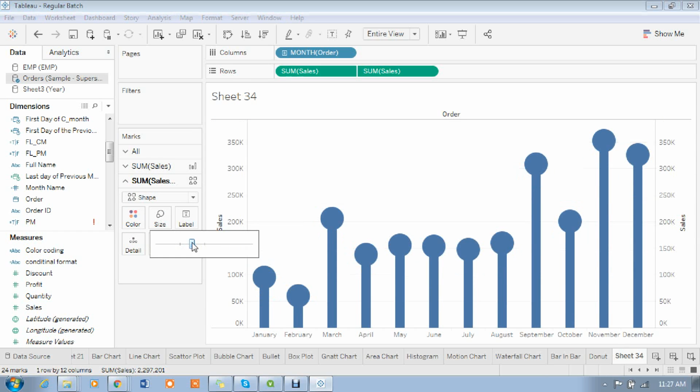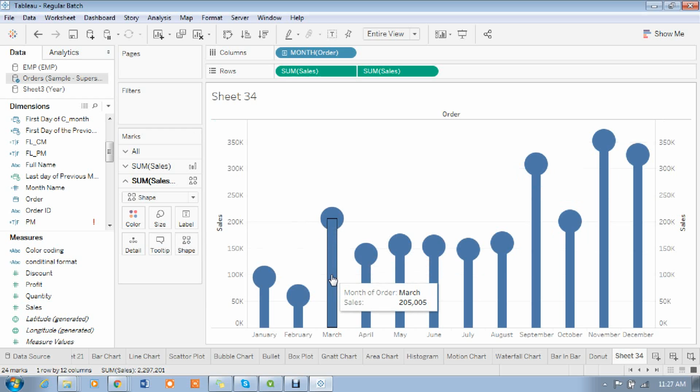Okay, if I keep another measure, madam, some value could go down or something. Okay, a circle will come sometimes here also based on the value. If I put the same measure, madam, then the value should be the same. It will always come on the top.